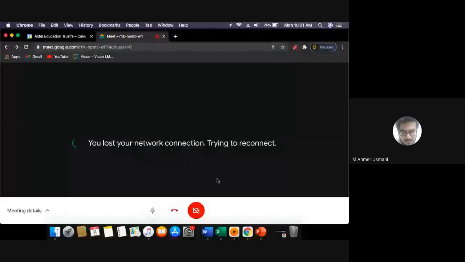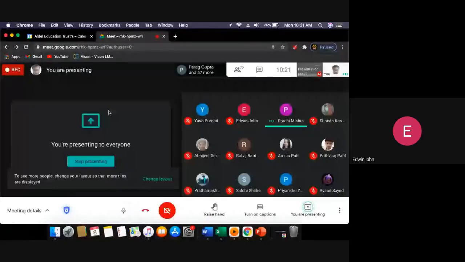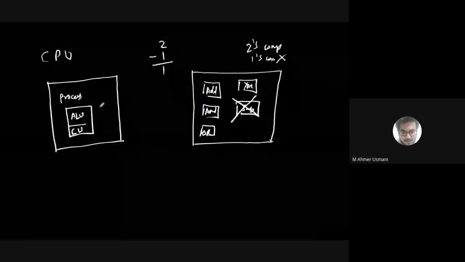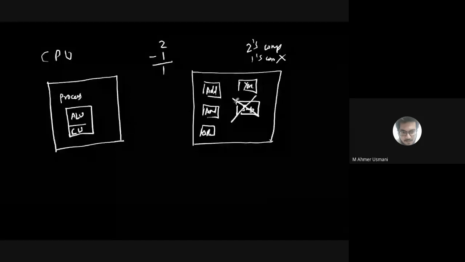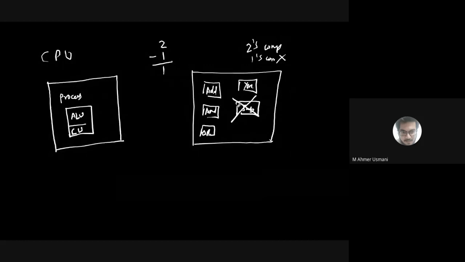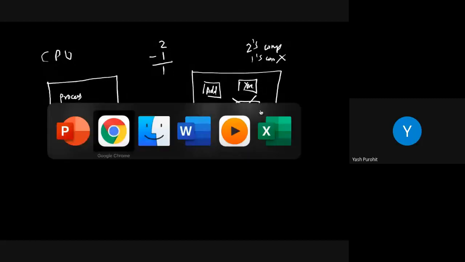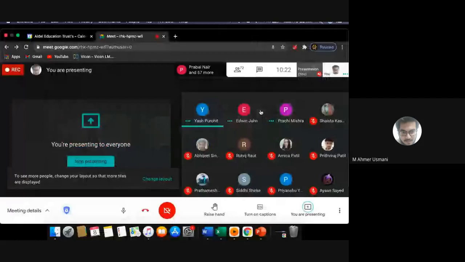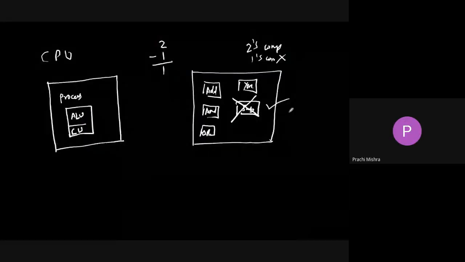Yeah, am I audible now? Yes, sir. So if I somehow manage to remove one of the circuits, अगर मैं एक सर्किट को भी रिमूव कर पाता हूँ, is this a good thing or a bad thing, and what is the reason for it? It is good. What is the reason why it is good? Space बचेगा सर्किट उसमें, ALU में.